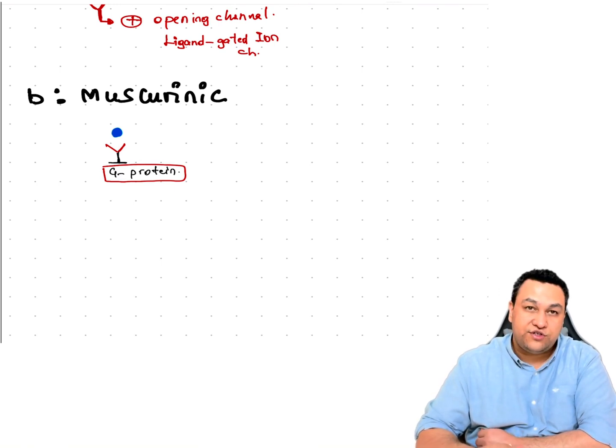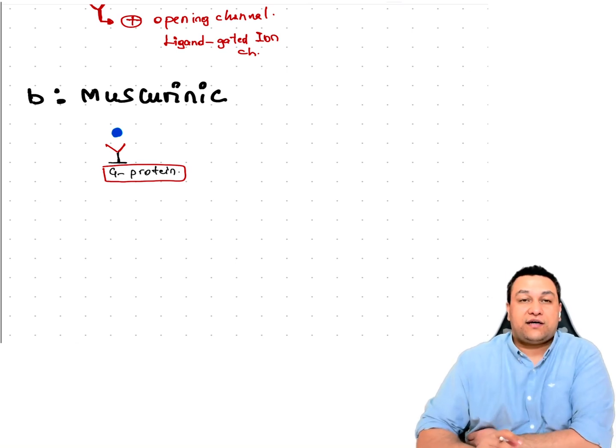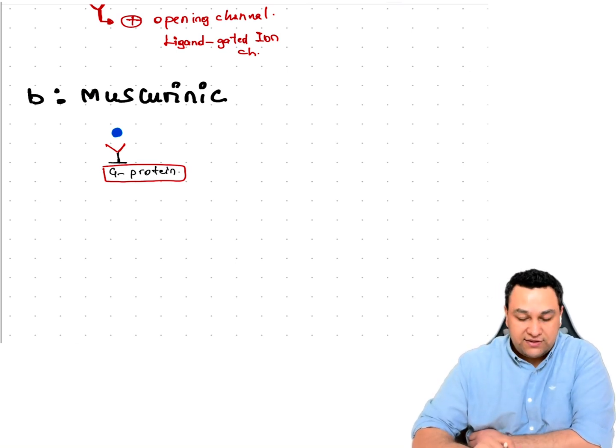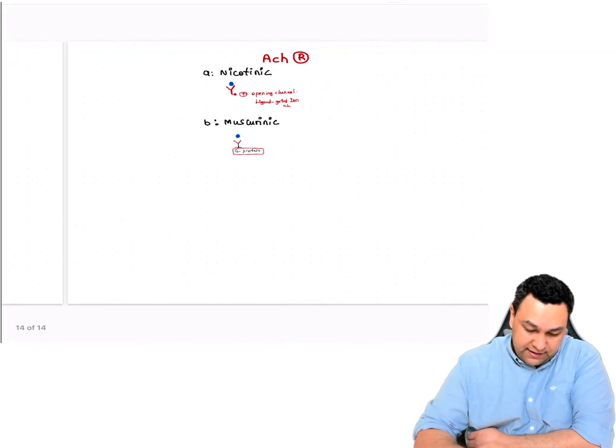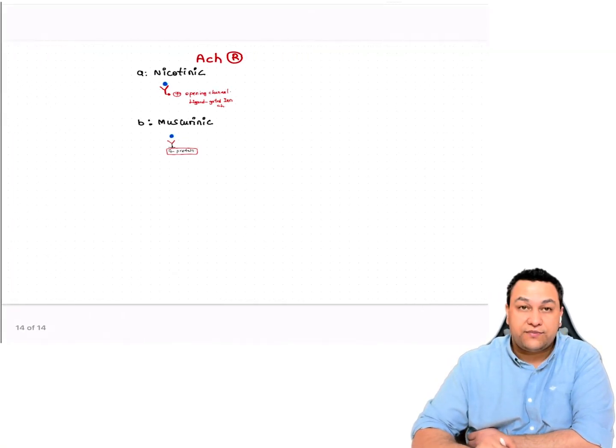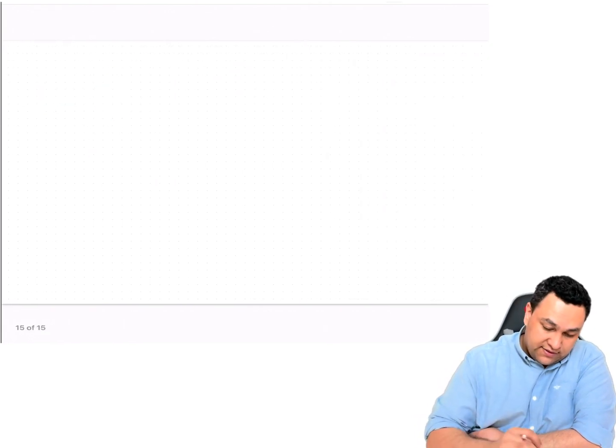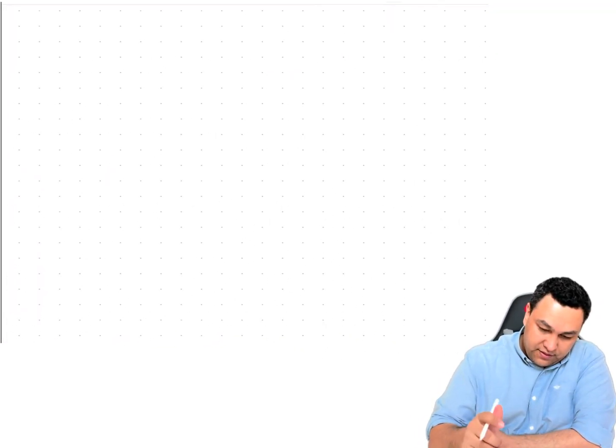After they stimulate the G protein, there will be initiation of a cascade, and at the end there will be activation of protein kinase C and calcium kinases, and so on. Now let's go into the detail of these receptors and see how they actually act. Let's get started with nicotinic receptors, and then we'll move to muscarinics. Now, the nicotinic receptors, further on,